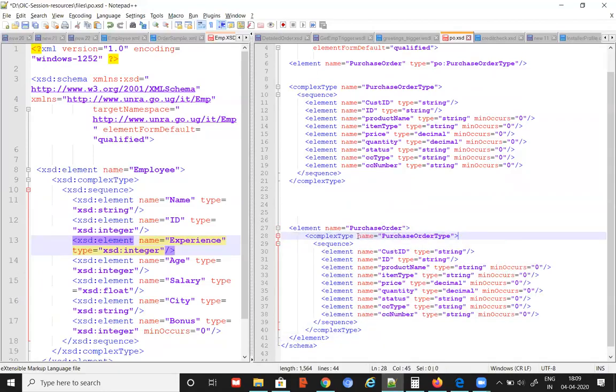Directly I'm saying, this won't be there in that case. So you can say complex type, sequence of these elements. Purchase order is going to be a complex type. Instead of that, here I didn't mention it immediately, because readability may be better in this case. What I'm telling is, purchase order is going to be of type this element, and that element is this one.